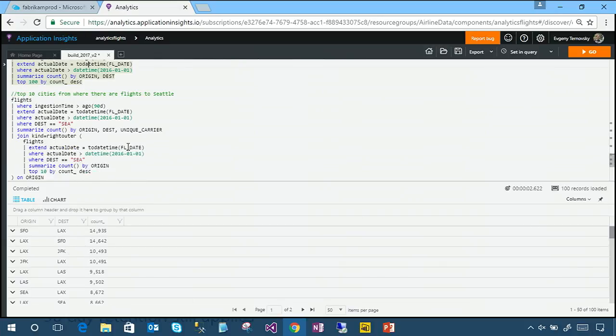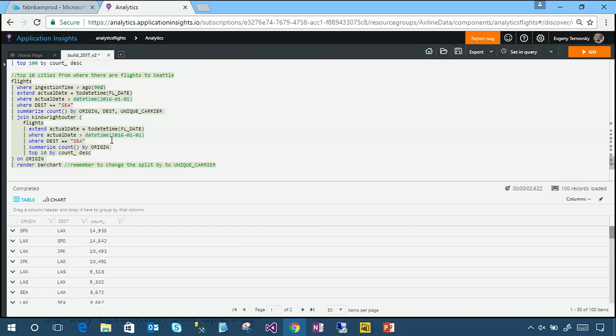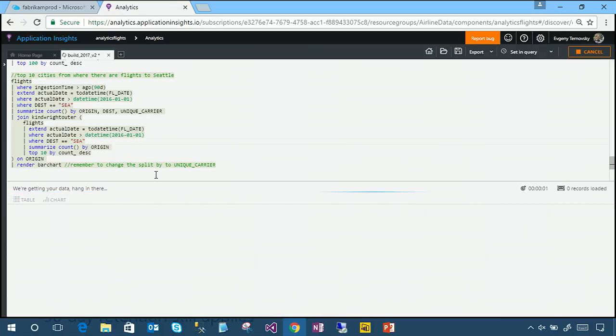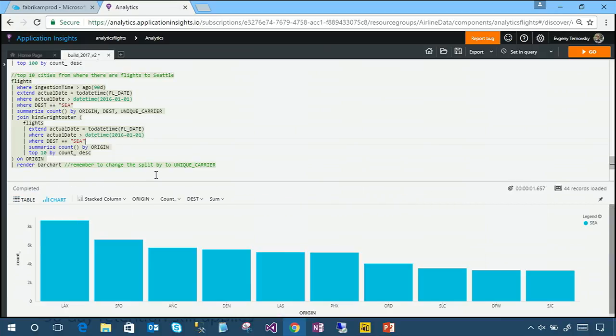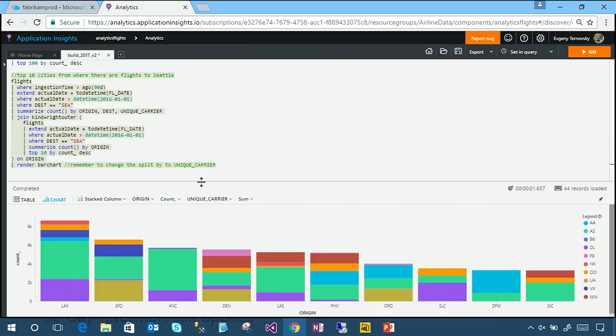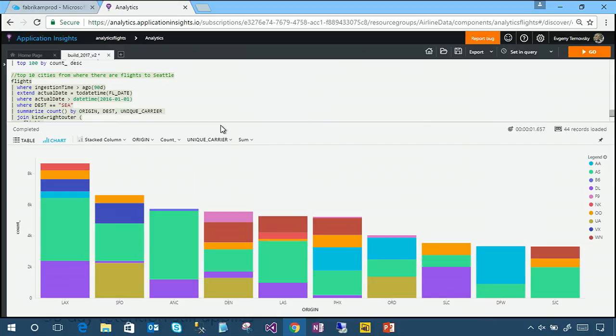Makes sense. Now, our business is based in Seattle, so maybe we want to concentrate a little more on this particular market. We'll run this next query, which will tell us where the most flights into Seattle are from. Not only that, but we can also look at what carriers were serving those flights. We can see that most of the flights into Seattle were from LA, and most of those flights were with Alaska. Now, my business department saw this, and they say, this is a really cool graph. We want to see this all the time. Can you build a